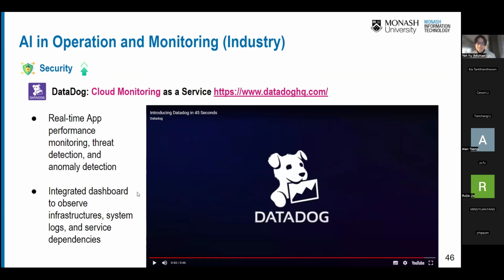Yep. So basically, we can see that when we want to monitor the application performance, there are actually many different aspects that we wish to monitor, whether the performance or the system log. Basically, these approaches, we already had 5 or 10 years ago. But Datadog just integrates all of these monitoring together in an all-in-one